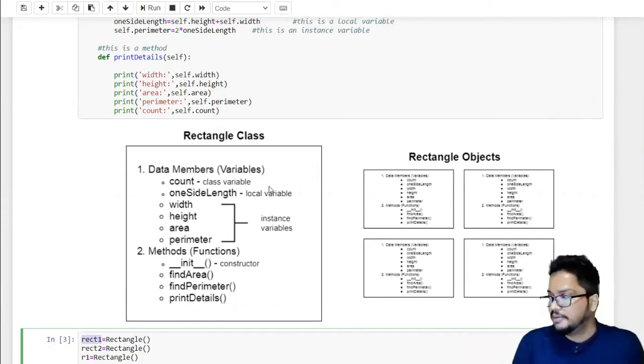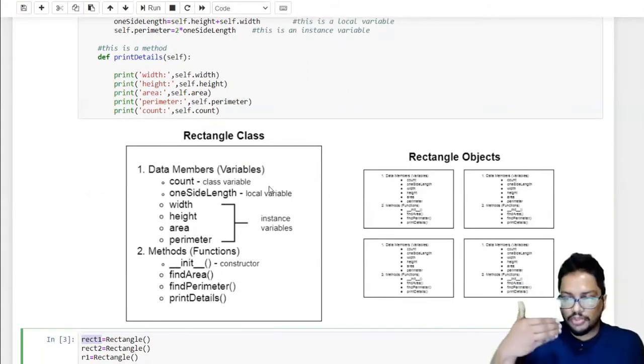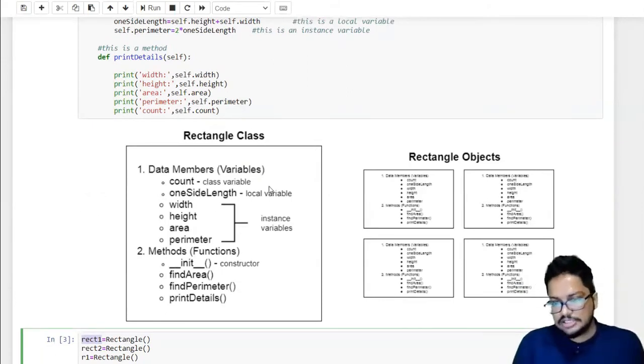So what will happen when you create an object from this class?